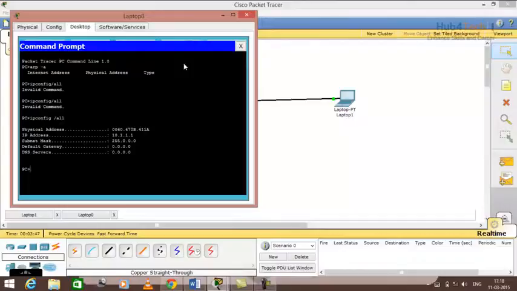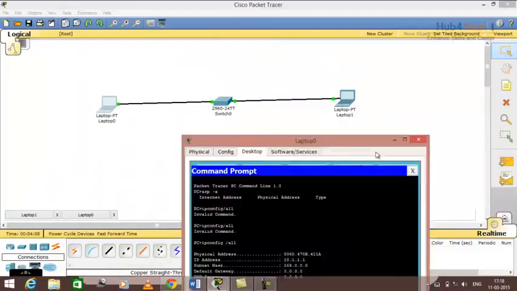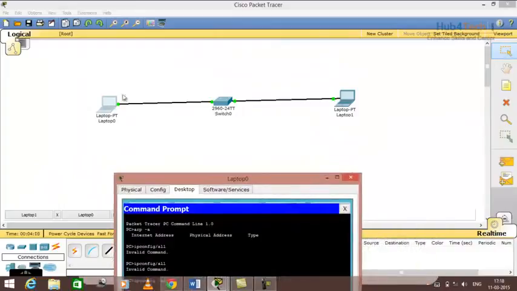See, by the help of this command you can check the physical address of PC. Now the problem is PC0 has its own MAC address, but it also requires the MAC address of PC2, right? So how will it find out the MAC address of PC2? It will generate an ARP packet. Once it generates an ARP packet, it will send it as an unknown unicast